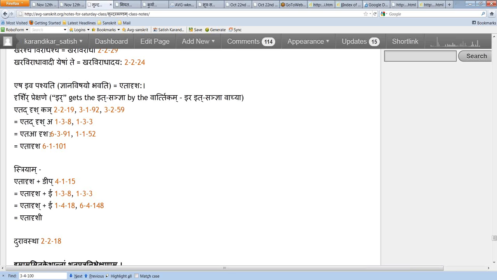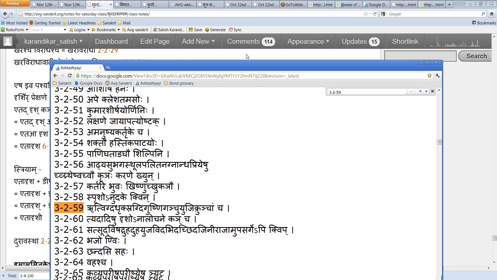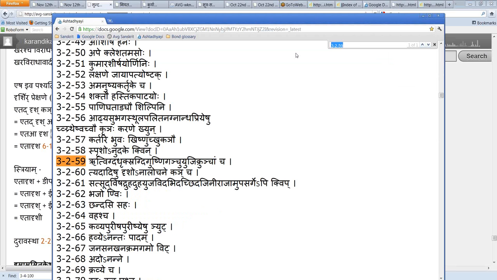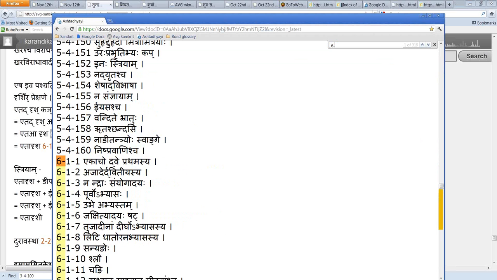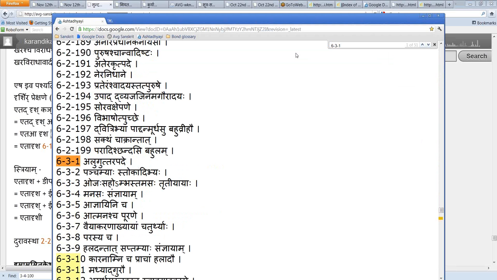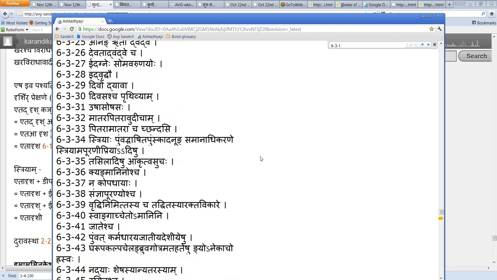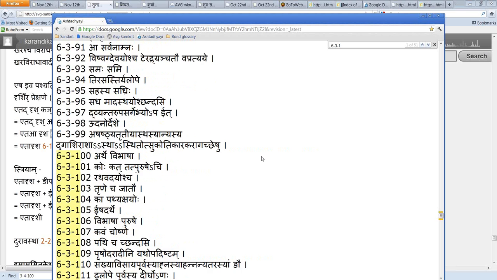This sutram is 6.3.91. This 6.3 adhikara is the adhikara of Uttarapade. Normally in 6.3 all the operations take place in the first member of a compound. But here we have a compound where the first member takes an operation. Our sutram is given here as